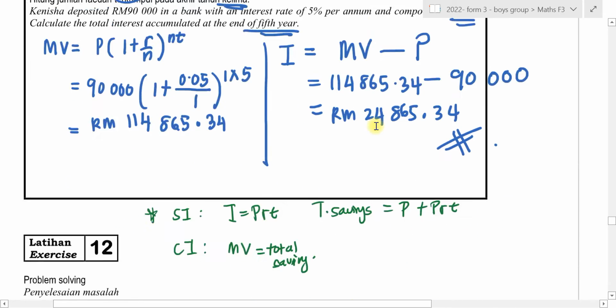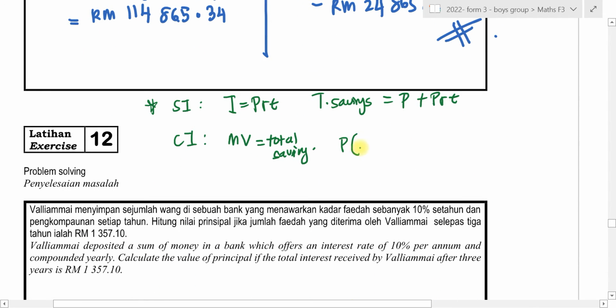Yeah, you are using P(1 plus R over N) to the power of NT. Don't forget the formula. Total savings has a formula like this: you take your principal, bracket 1 plus R over N, and then bracket N times T. Okay, this N